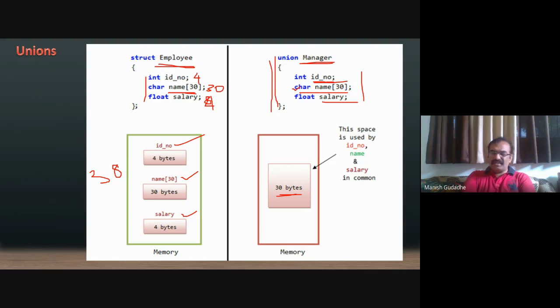This union is not that frequently used, because there are very few cases in which we use it, but it is one very good example of how C deals with memory so sharply. One is pointers and the second is union. This is how you can declare a union variable. I'm not going to take any example for that. I leave it up to you to go through the examples of union programs.